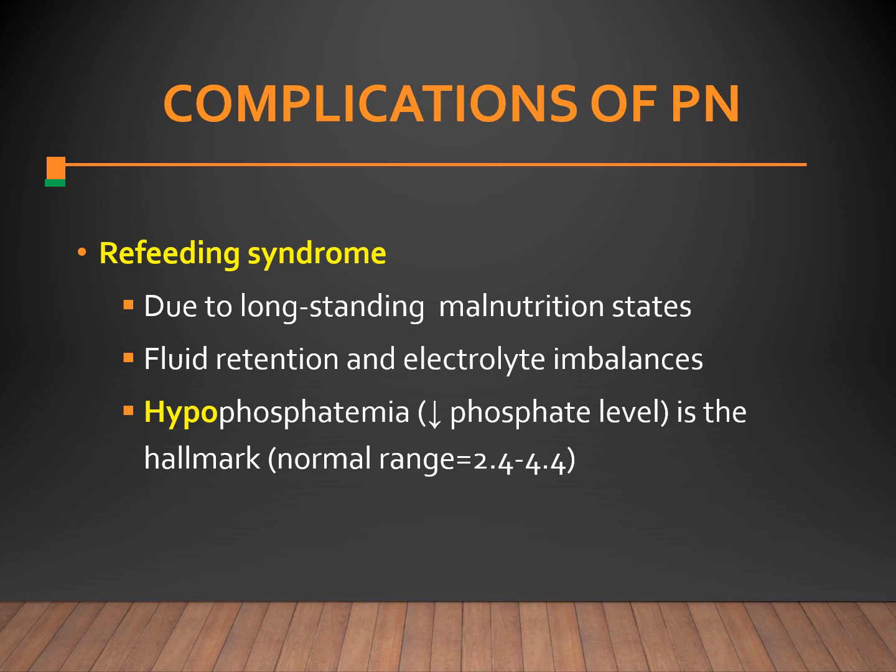Usually the signs of hypophosphatemia are cardiac dysrhythmias, respiratory arrest, and neurological disturbances. Refeeding syndrome can occur at any time in malnourished patients when they are started on aggressive nutritional support. Their body can't handle it. So the goal, as I was talking about earlier, is starting at a lower calorie density for 3 to 5 days. This is to try to prevent that refeeding syndrome.